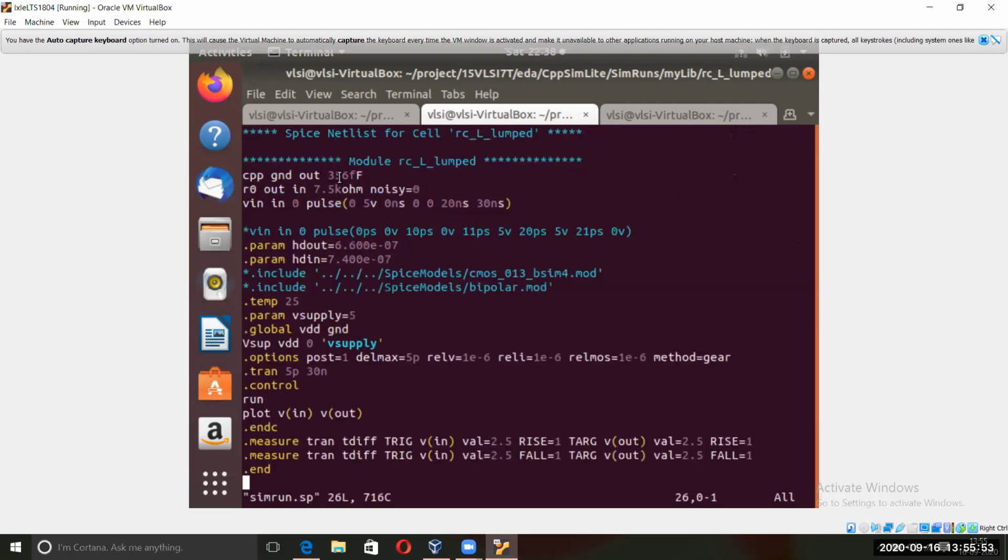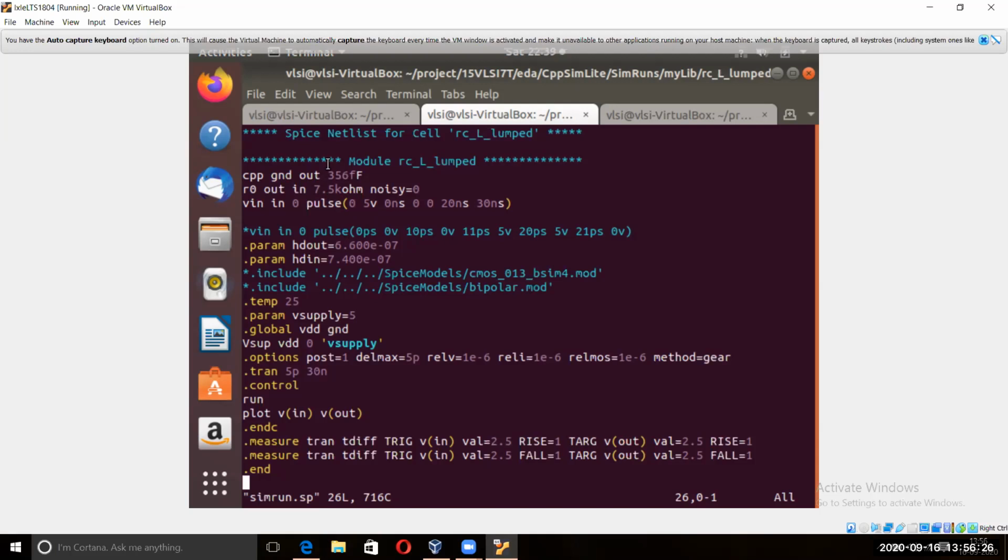This is what we had learned in the first class, how to write the netlist for the RC, and now it is self-created using the ngSpice simulation. Okay, so your default netlist will be this. Here I have only given the input node, and you have to write pulse for that also, because we are giving a step response, so the step input here. Okay, so this one you have to write.